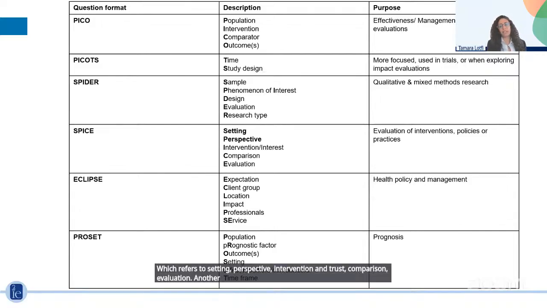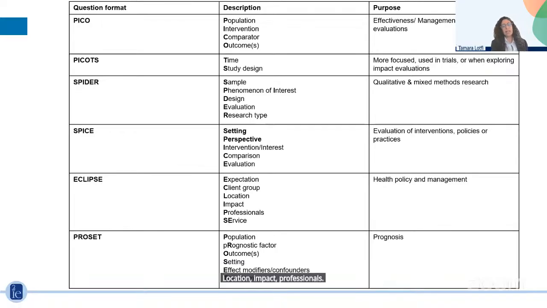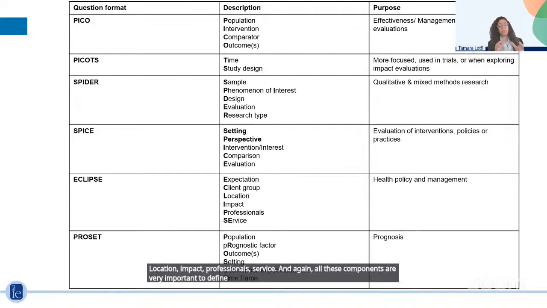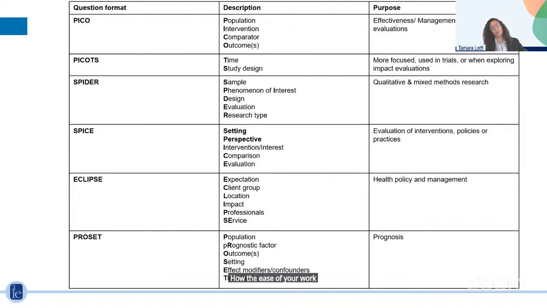Another format is ECLIPSE, and that's for health policy and management, and it includes expectation, client group, location, impact, professionals, service. And again, all these components are very important to define a priori and to set up very nicely in the beginning, because that will directly impact the ease of your work and the future steps.